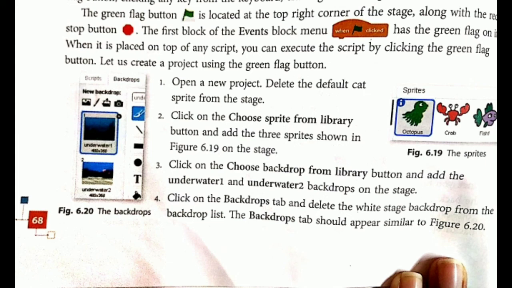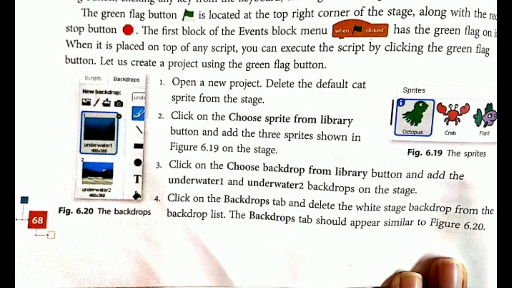So students, once again, for creating a project using green flag button, step number 1 is you have to open a new project and delete the cat sprite from the stage. Step number 2 is you have to choose 3 sprites from the library, which is what you see in figure 6.19.